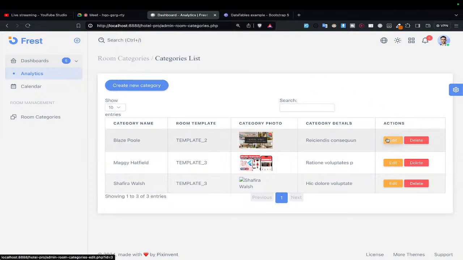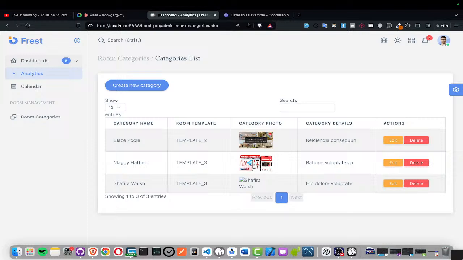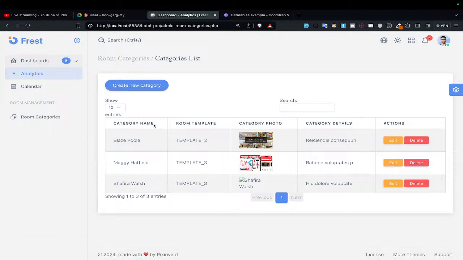Let us do the logic of the edit button to work. So to make this edit button work, what you're going to do,